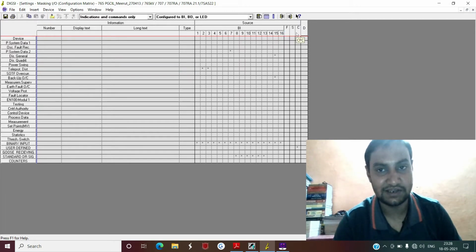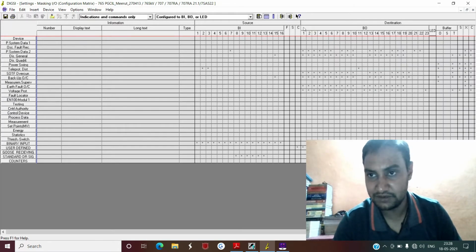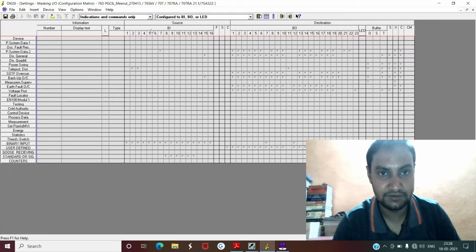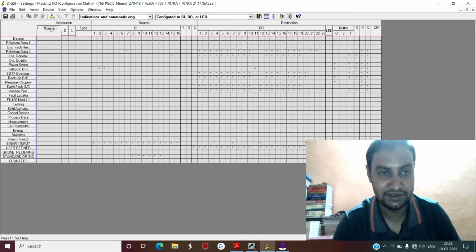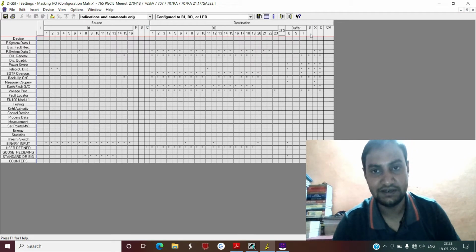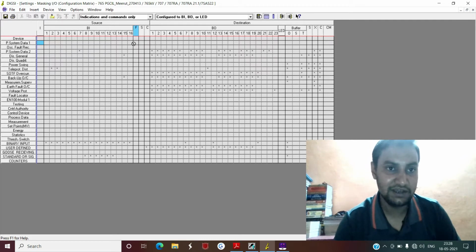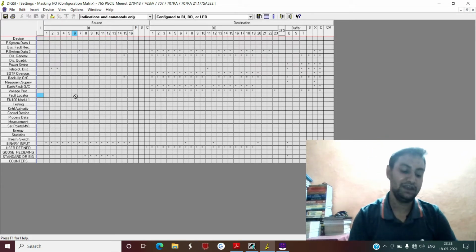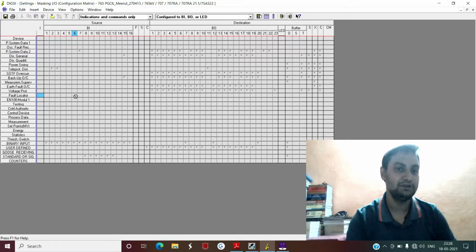S is basically the SCADA interface, and if you see here, I expand this also. Now this is the completely expanded version. I have minimized these things, indications. Now you see the same thing: function key, SCADA interface, and CFC on the source side, and on the destination side you have SCADA interface, extended SCADA interface X, and C for CFC. Basically the source side means if you want to configure any signals as binary input, that is the source side.